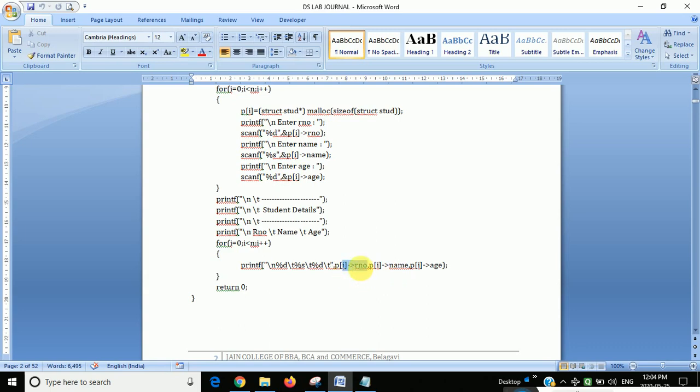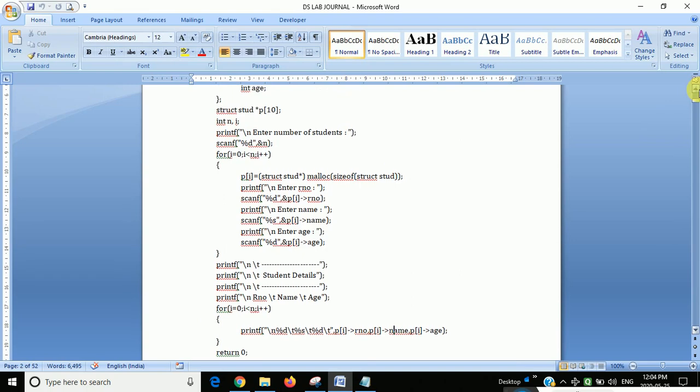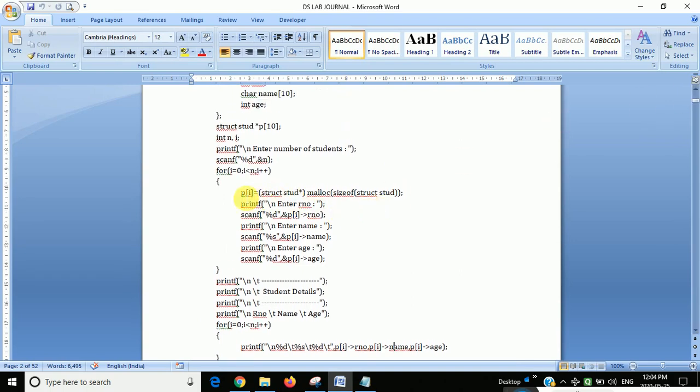To display the elements, the only confusion is, we are using P of I. You have to remember this structure. This is how we have done struct stud, and all the rest of the parts are the same. Okay, stud pi, enter. We are accepting here, we are displaying.